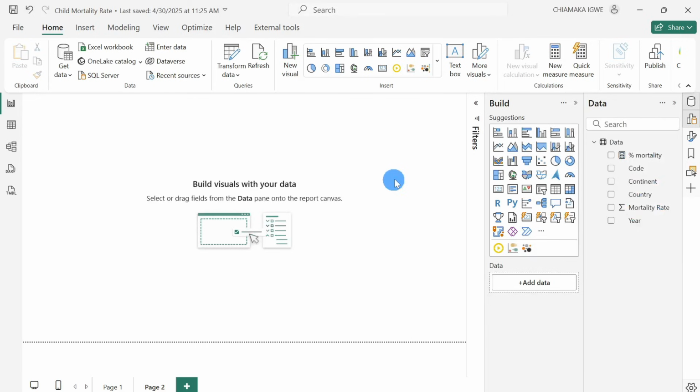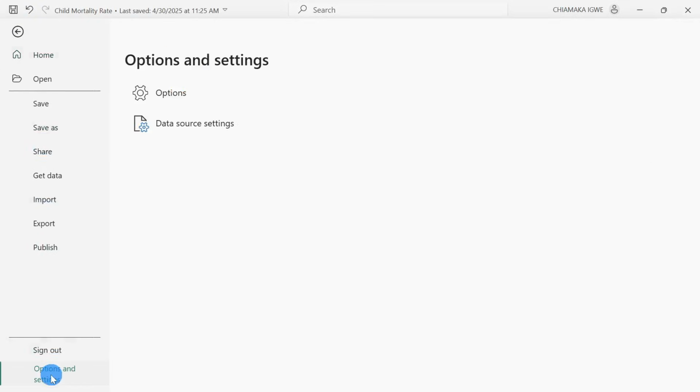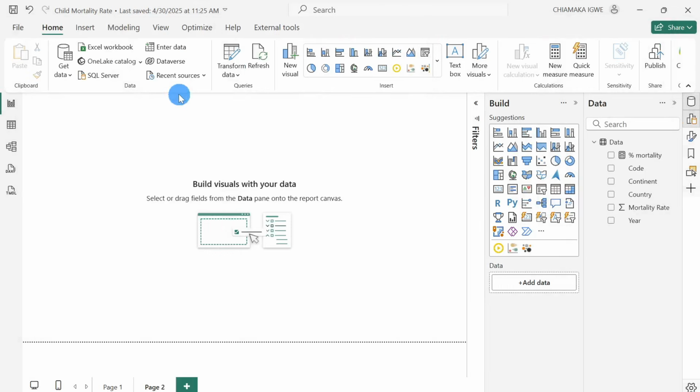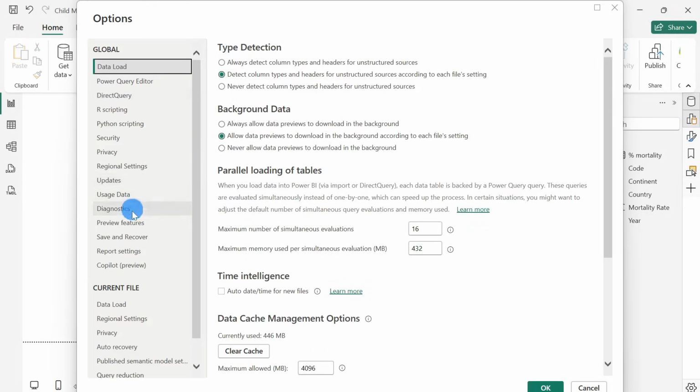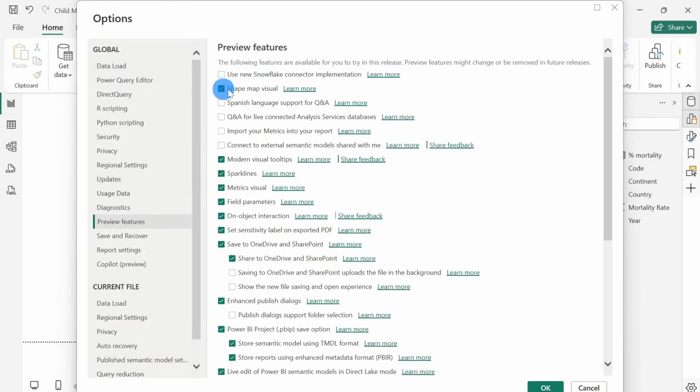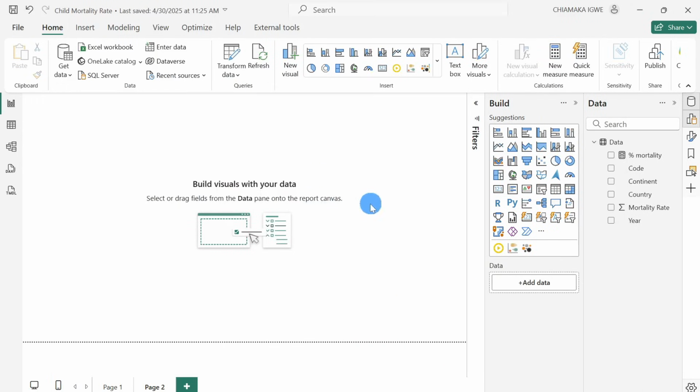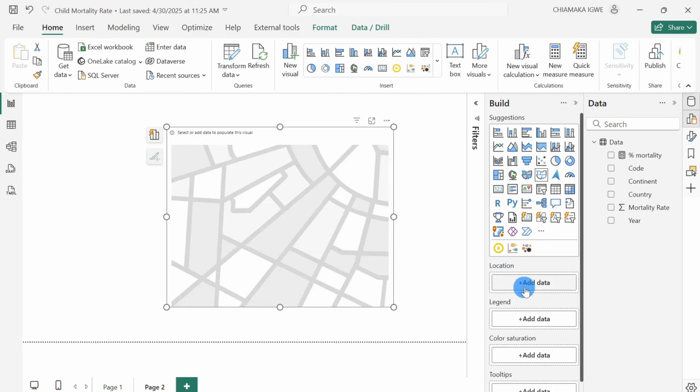Save. Now in Power BI, we have this Shape Map here. If you don't have this map showing on your screen, you can click on File, click on Options and Settings, Options, click on Preview Features, then enable this and click OK. It will require you to restart your desktop in order to apply that feature. Once you're done with that, in order to create the world map, click on the Shape Map,